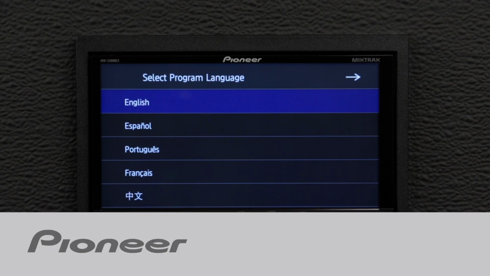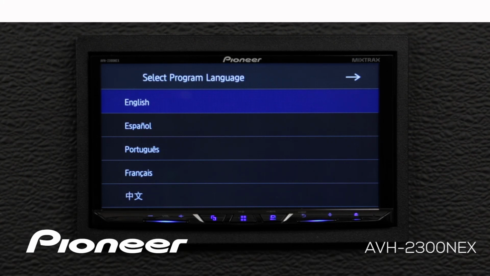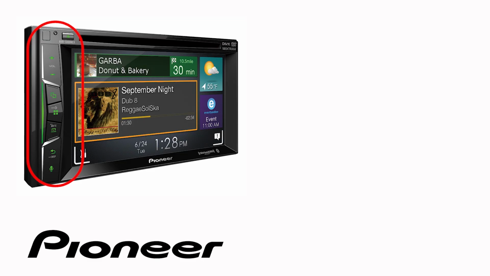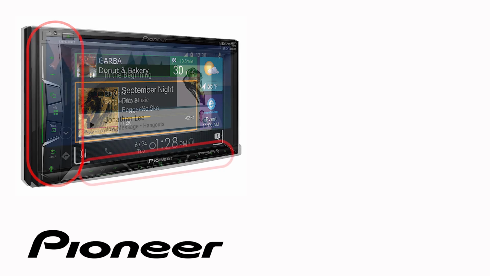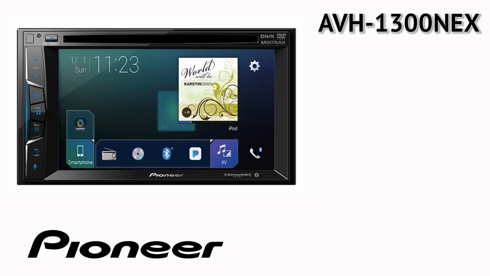In this video, we're going to check out the audio settings when the system is set up in its standard mode on your Pioneer NEX head unit. Even though your particular in-dash receiver may have buttons on the side or across the bottom like this one, the on-screen operation in this demonstration is identical for the following Pioneer NEX models: AVH 1300 NEX,